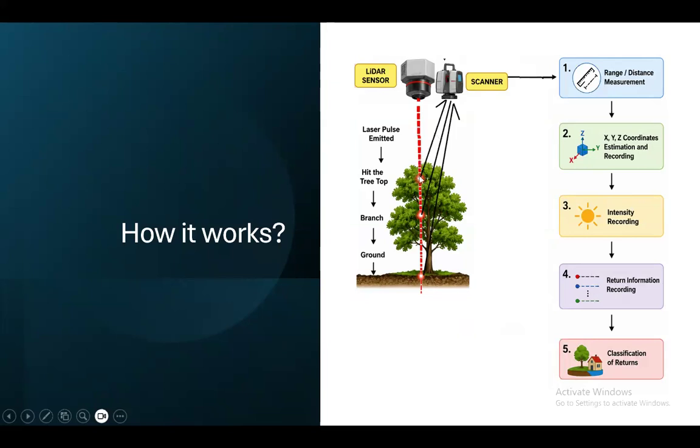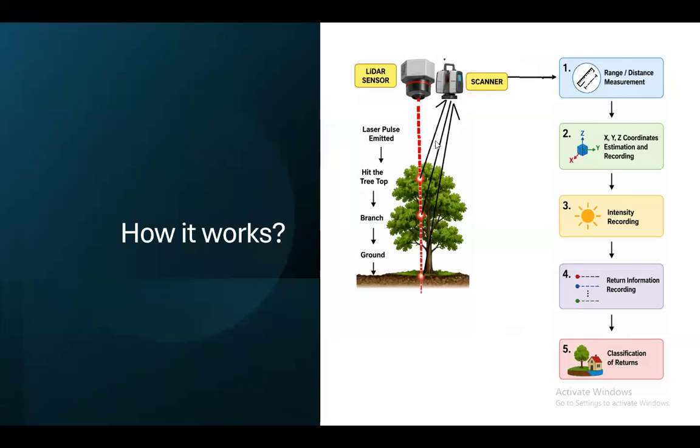So first it hits the top layer, then is reflected back, it reaches the scanner, and the same process happens for all the beams. Okay, and the scanner actually records everything. And mind that whenever laser pulses are emitted, they are embedded with a location GPS tag, and also time-stamped when they are emitted.